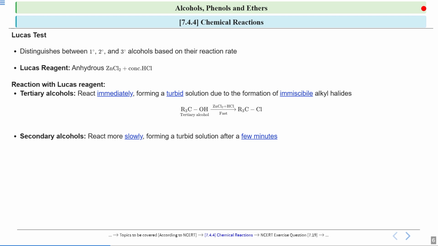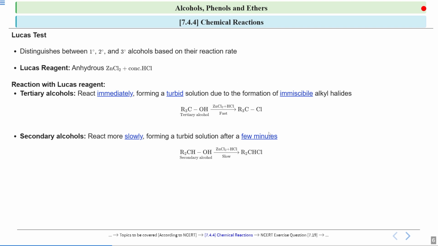Now if I talk about secondary alcohols, then your secondary alcohols react more slowly and form a turbid solution after a few minutes. Tertiary alcohols were reacting immediately and forming a turbid solution, but secondary alcohols will react slowly and the turbid solution will be formed after a few minutes. So this is a secondary alcohol. See, the carbon to which the OH group is attached is further connected to 2 other carbons. And when it reacts with Lucas reagent, because of the immiscible alkyl halide that is formed, it will show turbidity,